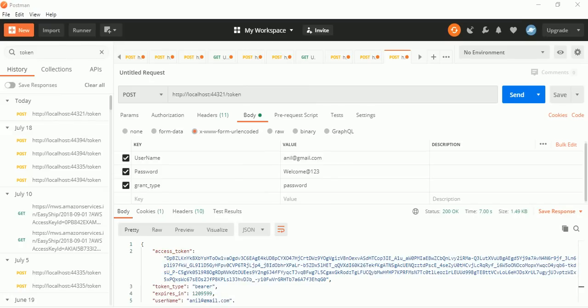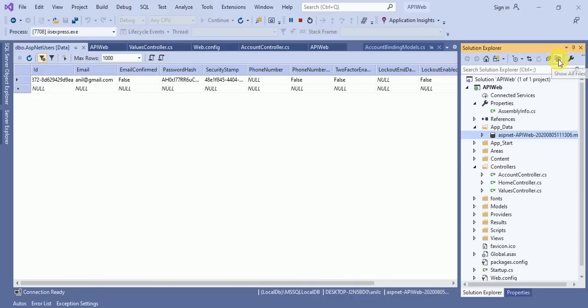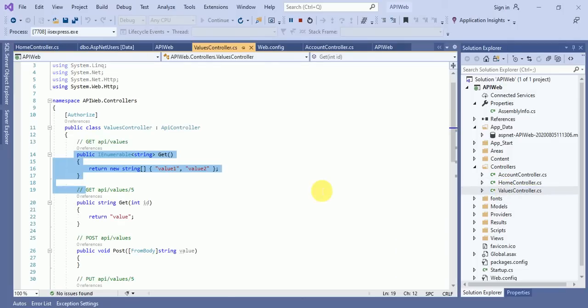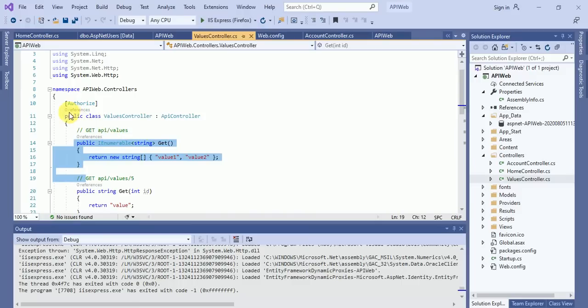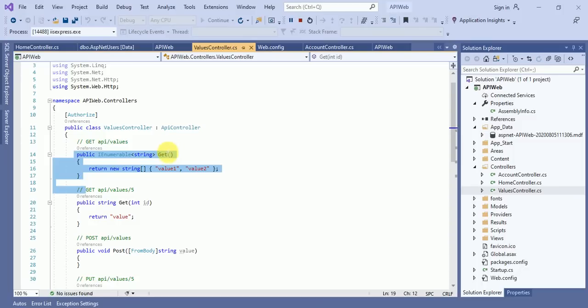So suppose here, I will just hide it and go in home controller and go in values controller. In the values controller, sorry, I have stopped this application by mistake. So if I want to get this web API data, then what will it say?